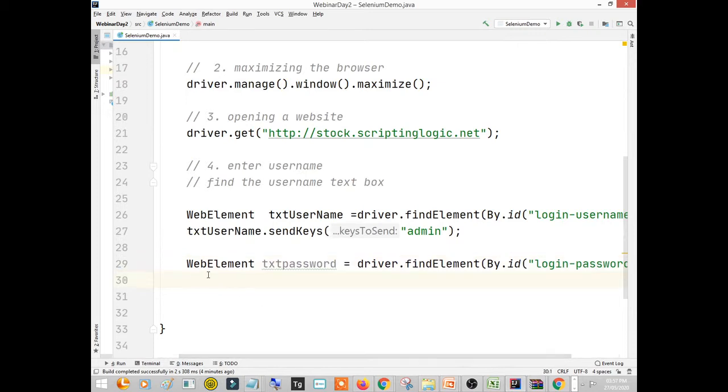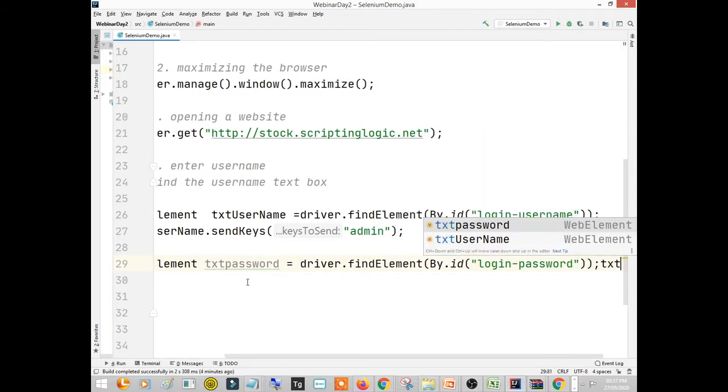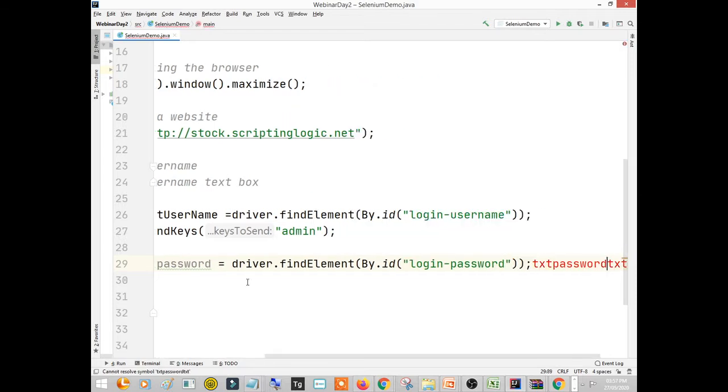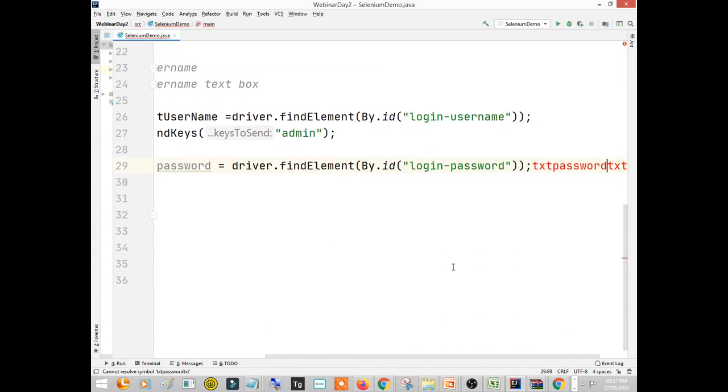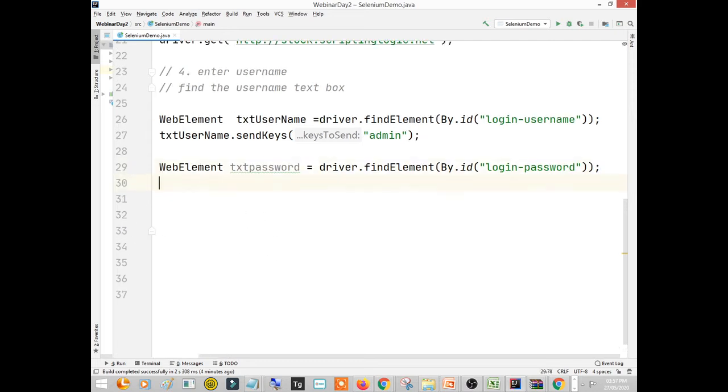So in order to set this text box, I need to write here txtPassword.sendKeys, and whatever password you want to enter, you can enter that, right?